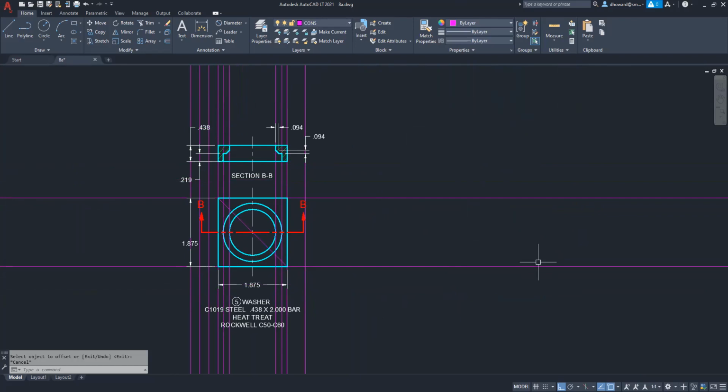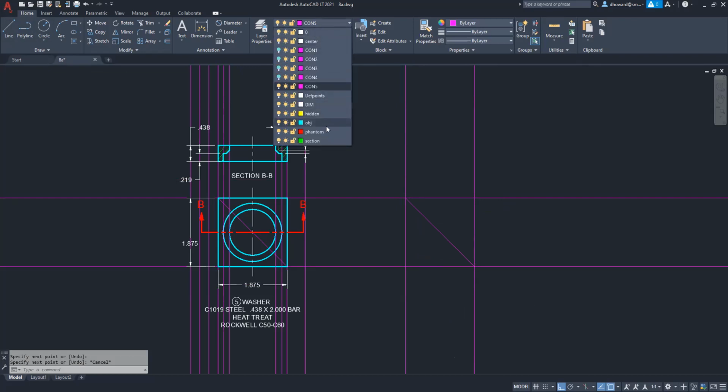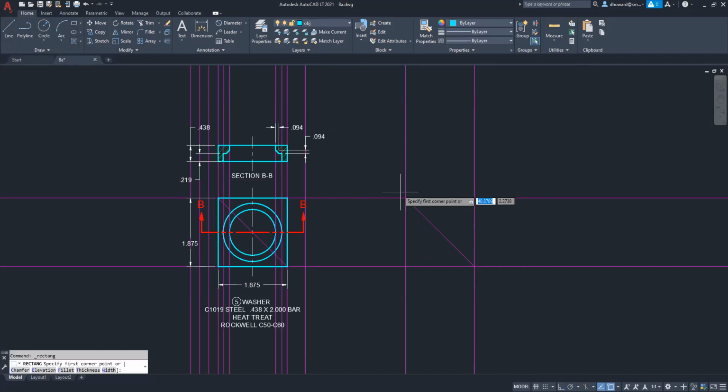So you can make another line and offset that 1 7/8. Okay. And then you could offset half that distance to get to its center, or you can just make a line segment and use its midpoint. Go to my object layer, make the square,